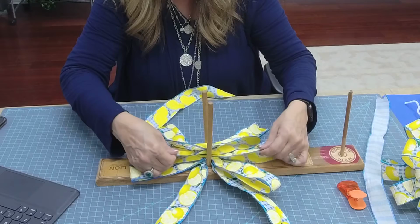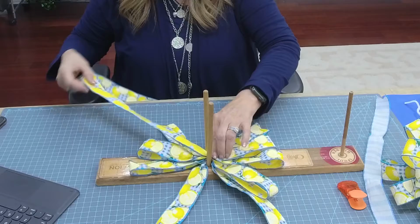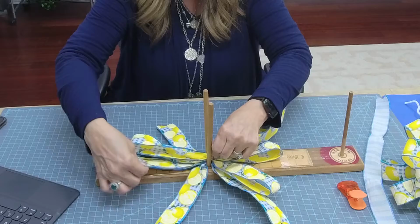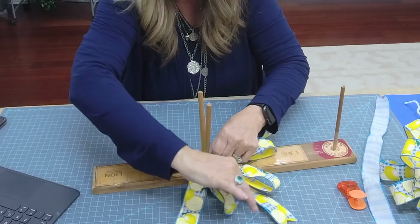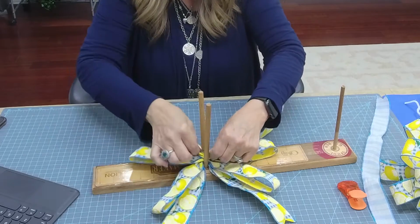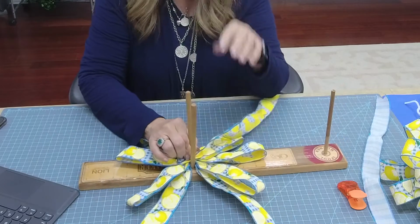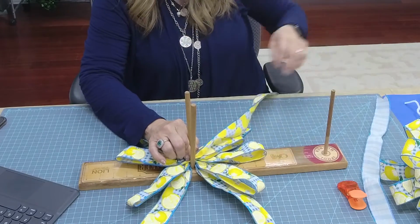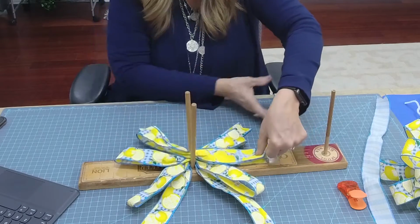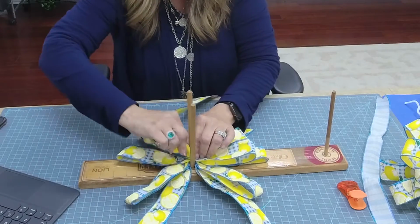You know what? That looks a little bit littler than 6 inches. I think it'll be okay. All right, so we've got 3 on each side, and they're 6 inches each. So the next set is going to be 5.5 inches, and we're going to twist it. We're just going to go 5.5 inches and come in. Twist it,